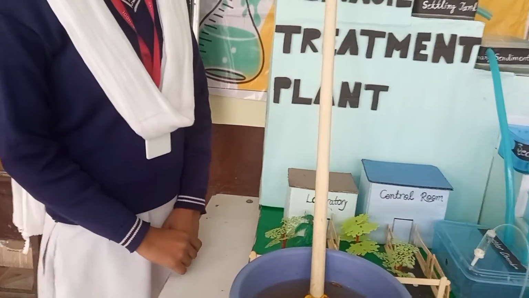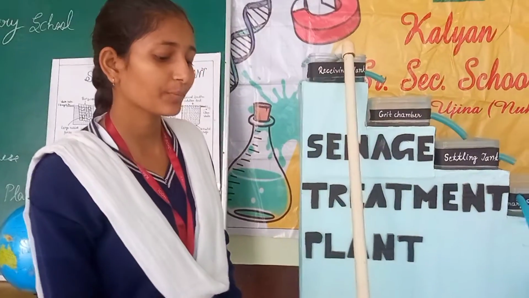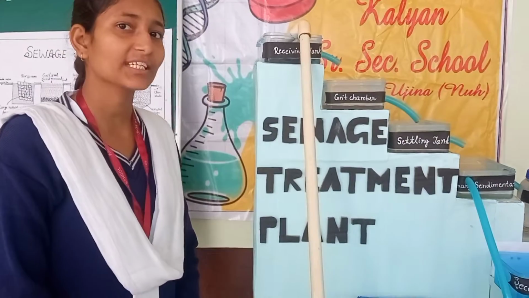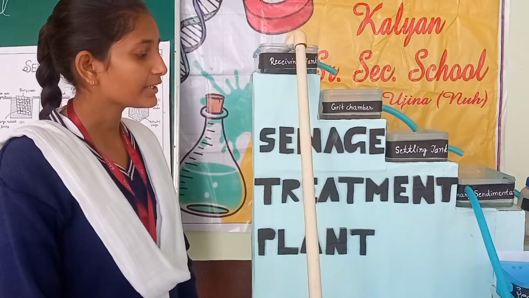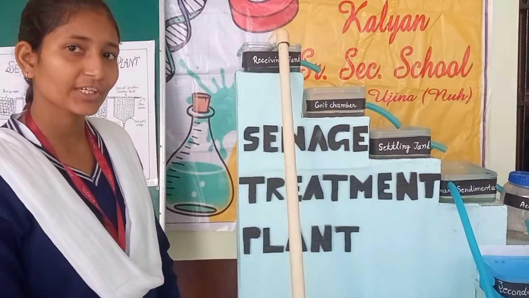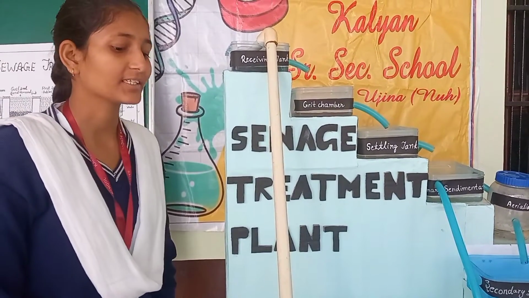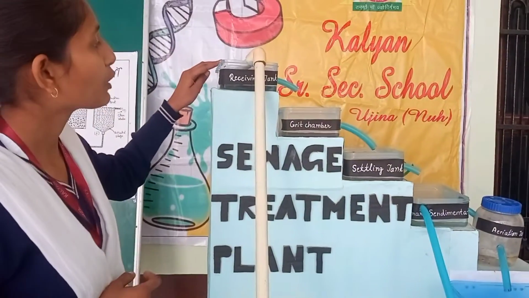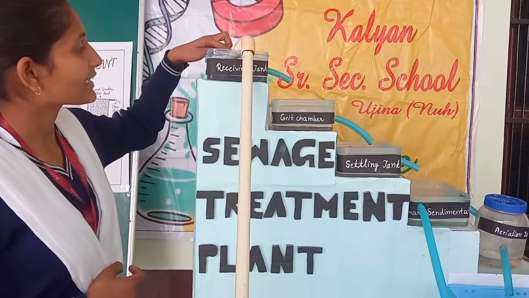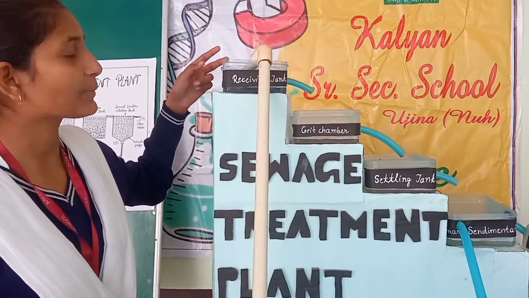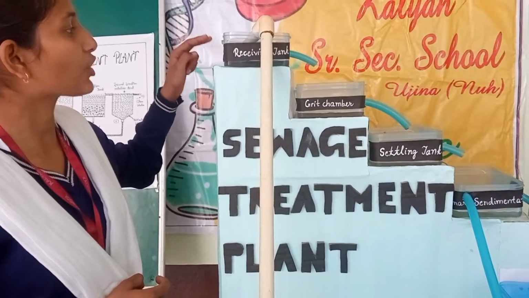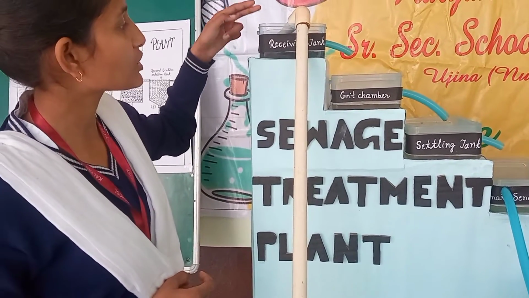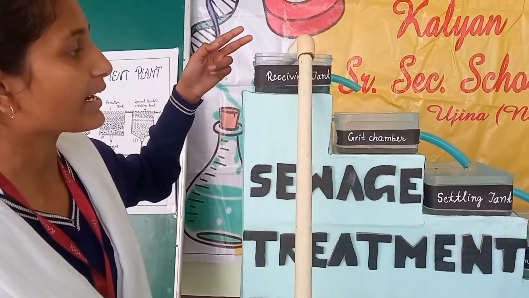Working. A place where wastewater from houses and buildings is brought for processing is known as a wastewater treatment plant. It is also known as WWTP or sewage treatment plant. In wastewater treatment plants, water is treated by biological, chemical and physical methods. Firstly, the wastewater is passed from the sewage treatment plant to the receiving tank. In the receiving tank, the bar screens stop large rubbish like cans, napkins, towels and plastic bags. This process is known as screening. Screening removes the large pieces of rubbish. We can clean this bar from time to time.